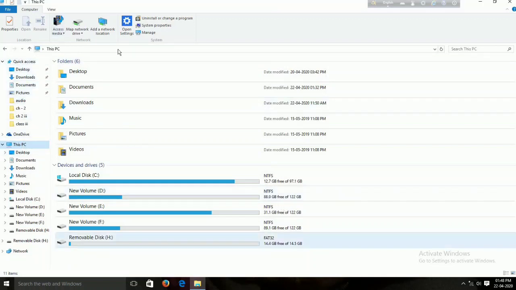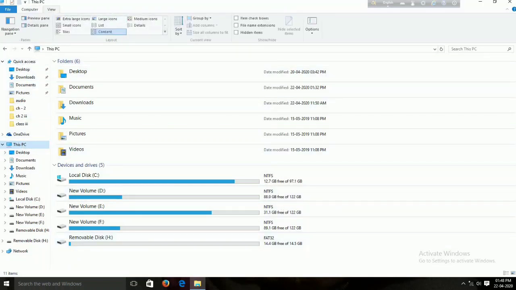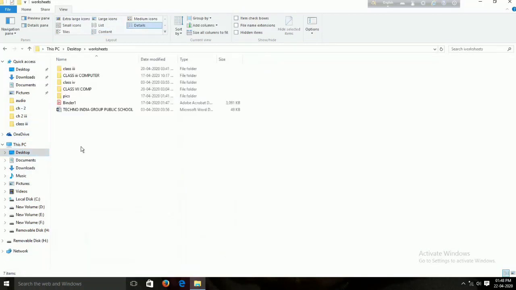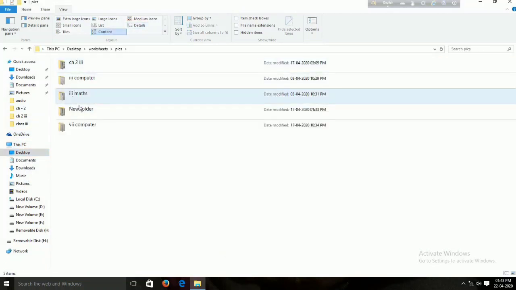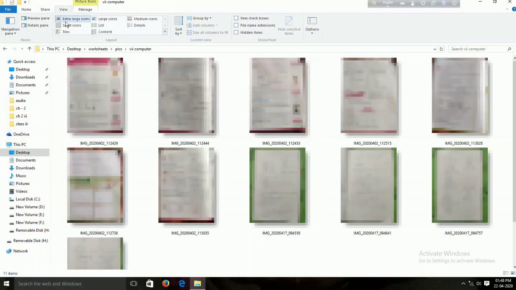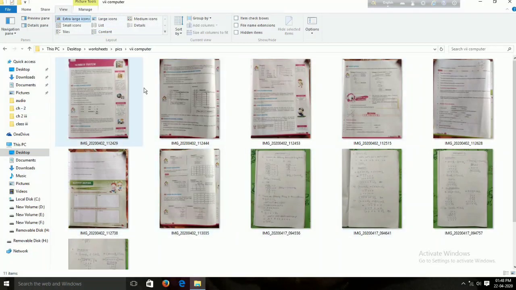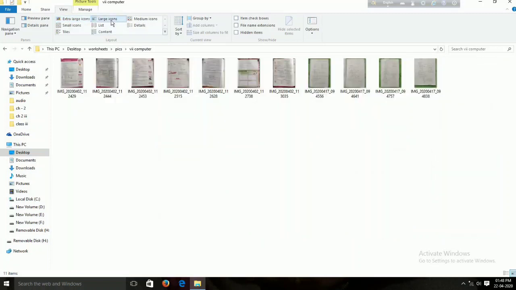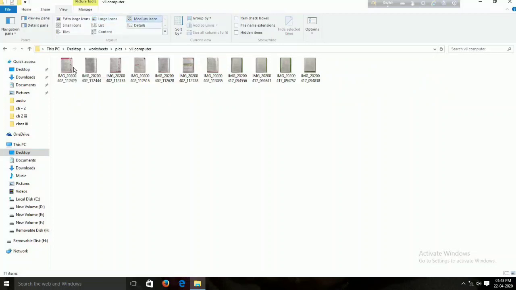Now let's go to any file or folder so we can easily see the different view modes that we can have. Let's start. Now click on extra large icons. Now I can see the preview of the image in large mode, and I can see the file name of the image, what is the name of the file. Then large icon, the image has become smaller, means the view has become smaller, preview, and the image name is there but no details. Medium icon, my image has become smaller, means the preview of the image has become smaller and the image name is only there.